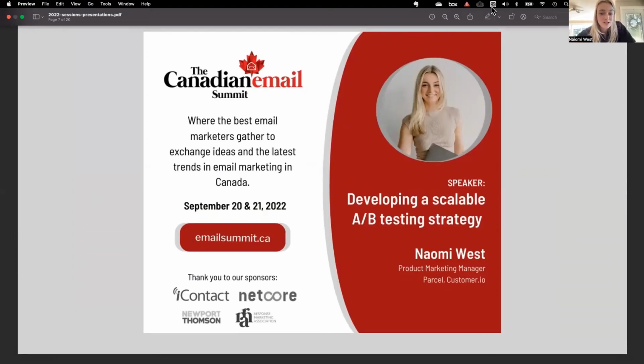Plain text versus image emails are a super fun one. Are your emails actually contributing to higher conversion and engagement when you do have images in them? Plain text, I think, is something I'm seeing a lot of businesses lean into a little bit more, and they still have the same amount of engagement results as those that are image heavy. That's another one. Yeah, there's plenty.